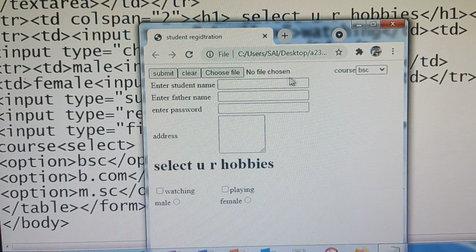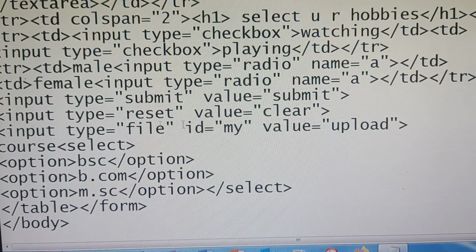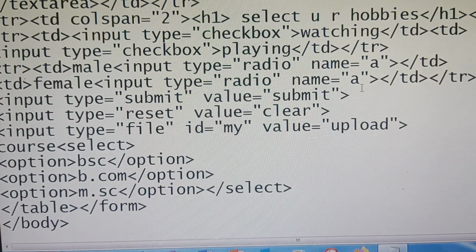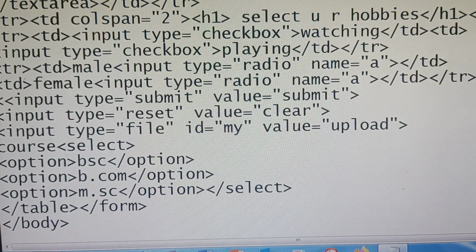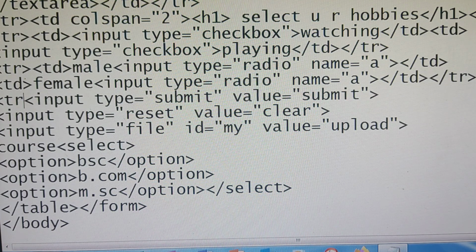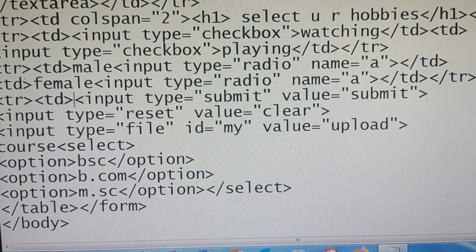Okay, only these are there. That also you can give, this row over. Here also I am giving TR. You give the next row. Code is same. It is looking like a huge amount of code, a lot of code, but it is very easy. Simple thing you need to remember: 1 row, 2 columns.